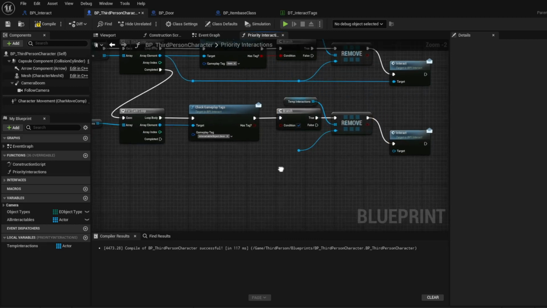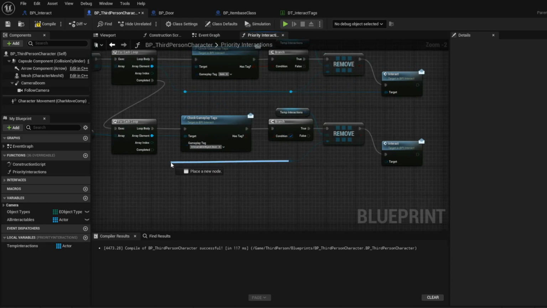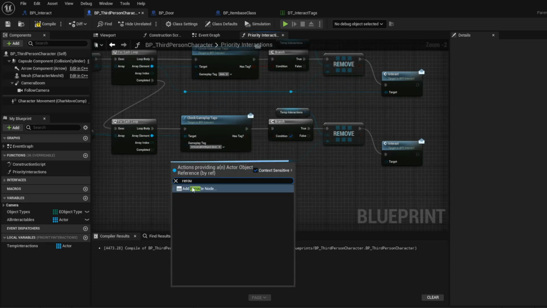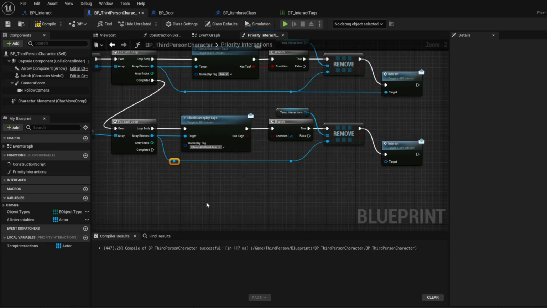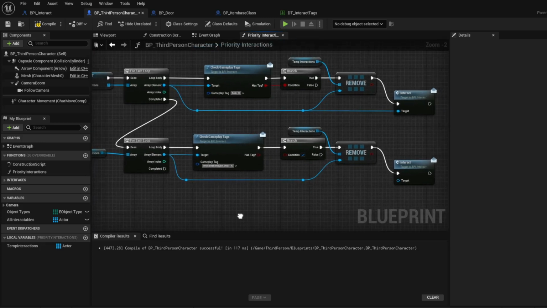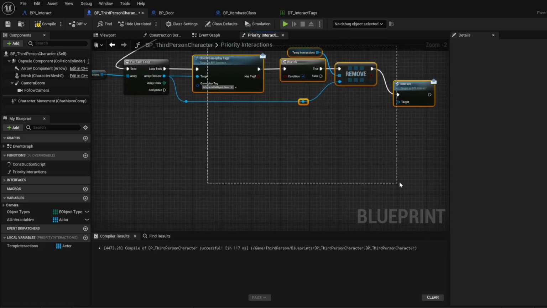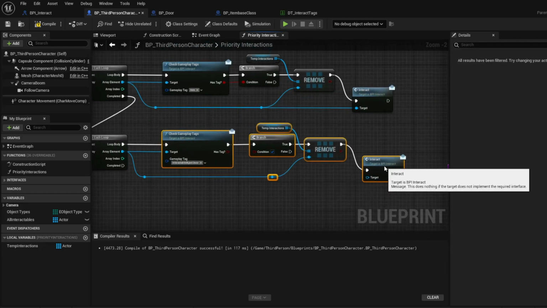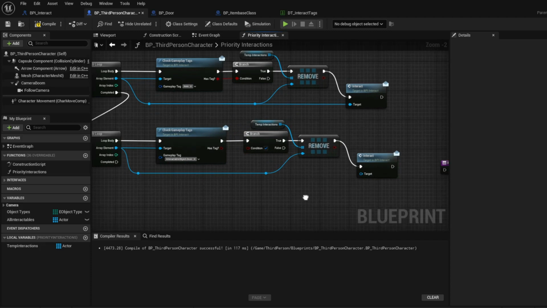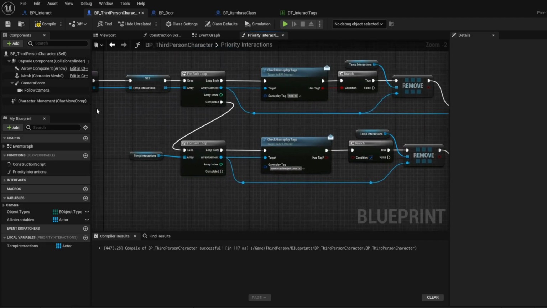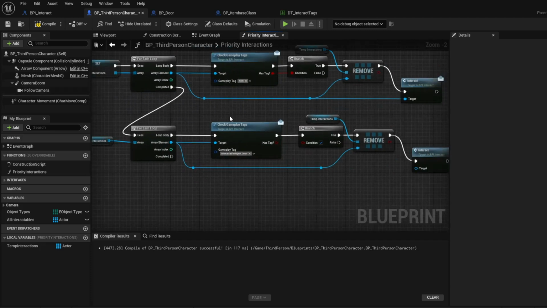I don't really like doing that, but it works. Okay, so now it'll interact with the items first,